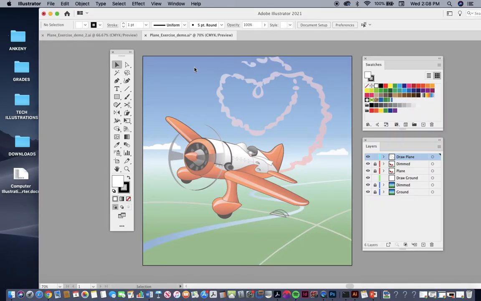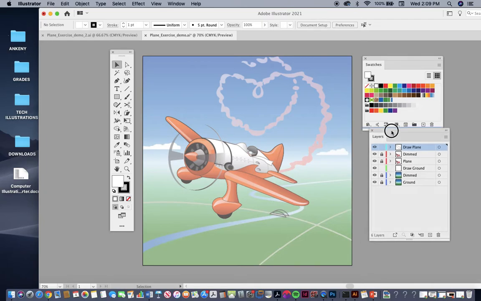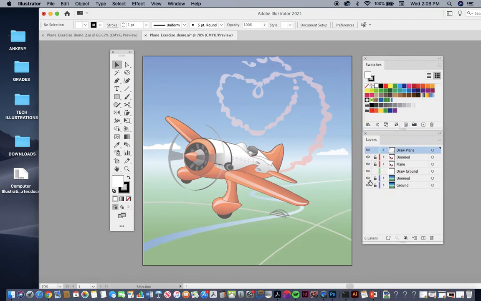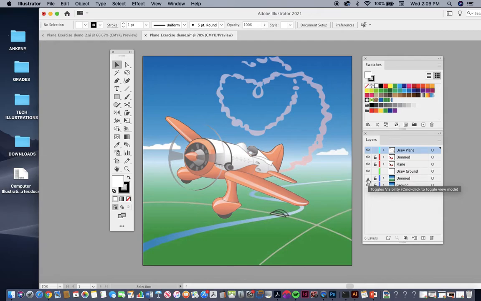This next demo will cover how to start the airplane exercise. Up until this point, we've been drawing with the pen tool and using layers. We will now continue to do that, and we will now add gradients to create an illustration. So if we take a look at our layers, we have a dimmed layer for the ground, and we have